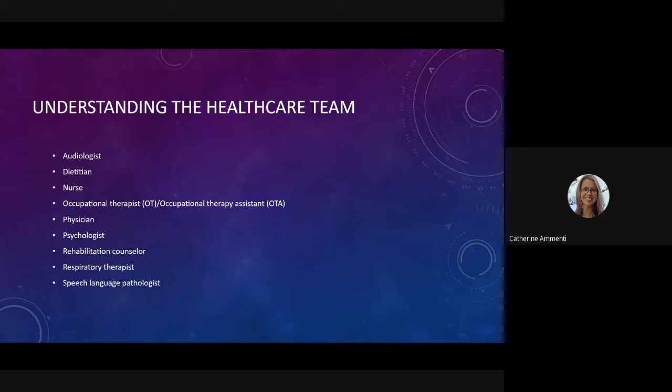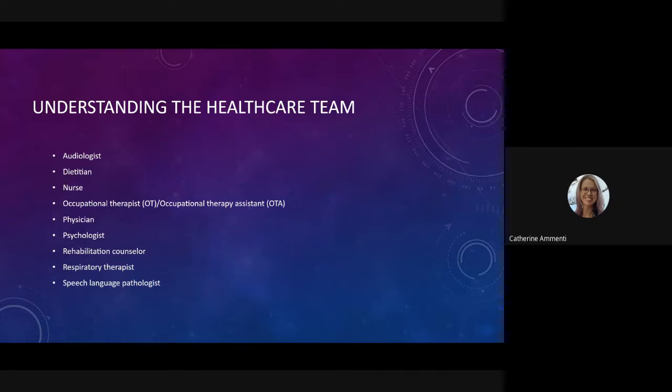If you see that there's a potential change in their hearing from what you deemed was their baseline ability when you first met them, and they have an audiologist, you might refer them, you might have them contact their audiologist to get their hearing checked, or have them go back and see their doctor. In the inpatient setting, you may also